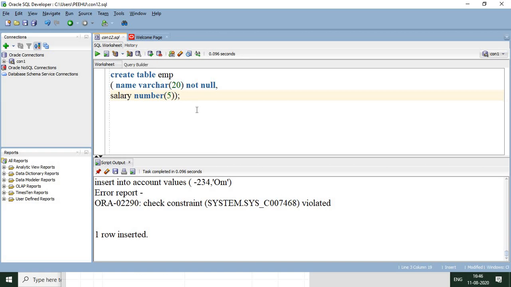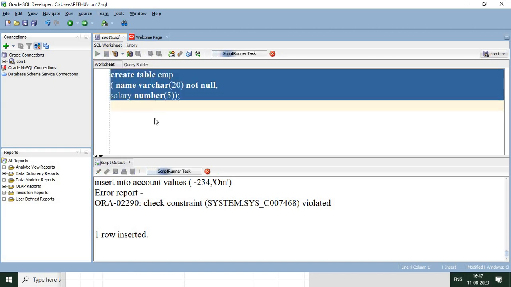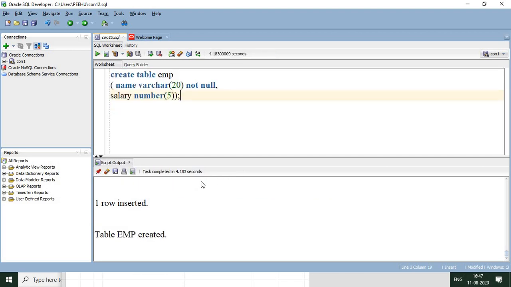One is at the time of the table creation, and another is that we can apply an alter command. So let us see how we can implement it at the time of creation of the table. So let's create this table. So now this imp table is created.